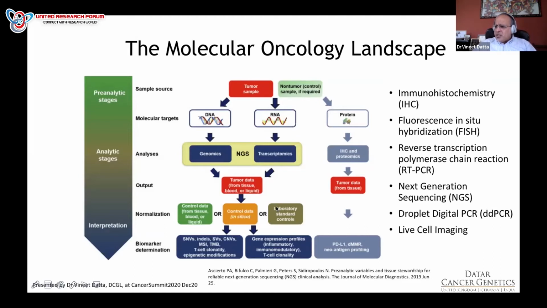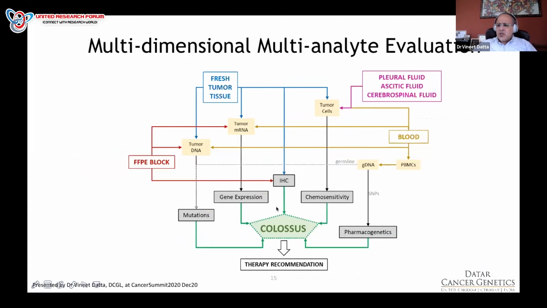Because of a variety of limitations that have existed, the evidence from previous clinical trials looking at multi-drug combinations of cytotoxic and targeted agents has been limited in that regard. So this is really where the outcomes reported in previous clinical trials fell short. And this is where we started with the concept of encyclopedic tumor analysis, a multi-dimensional, multi-analyte